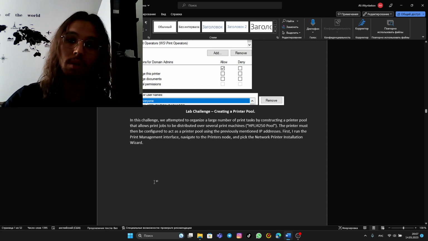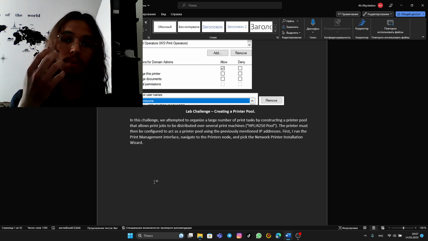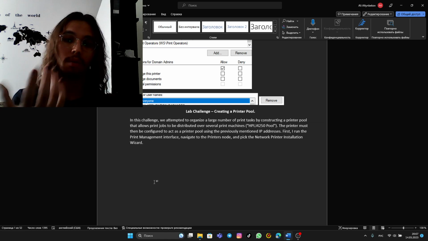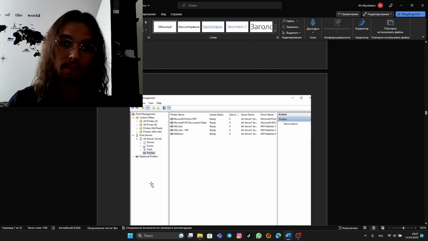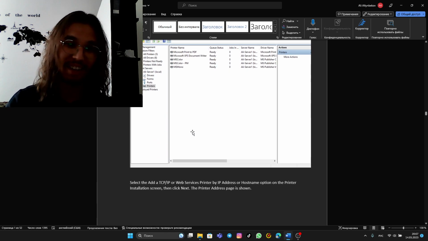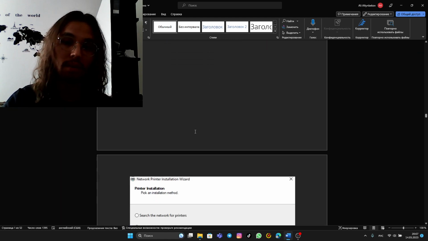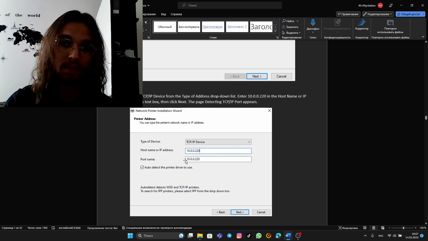In this challenge we attempted to organize a large number of print tasks by constructing a printer pool that allows print jobs to be distributed over several print machines. Here are my printers, the list of my printers, sorry for the loudness, and select. We are adding a printer and selecting Add by IPP, TCP/IP, giving the hostname or IP address like 10.0.0.22.0,